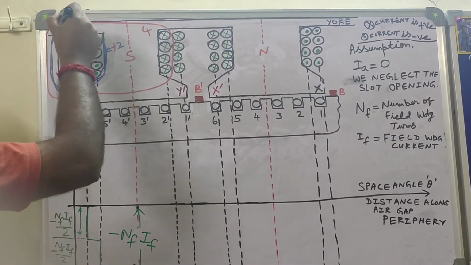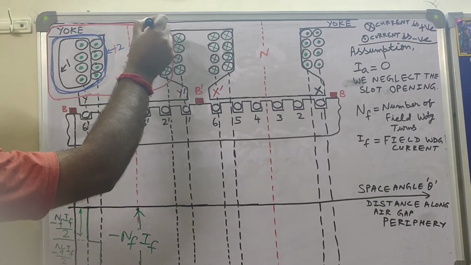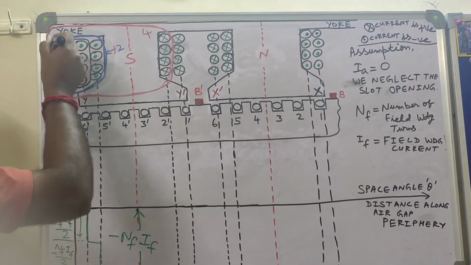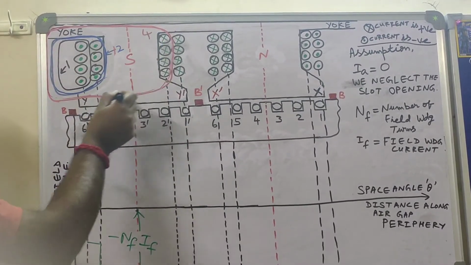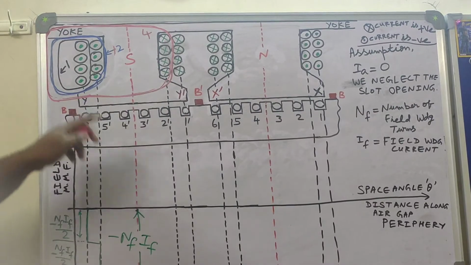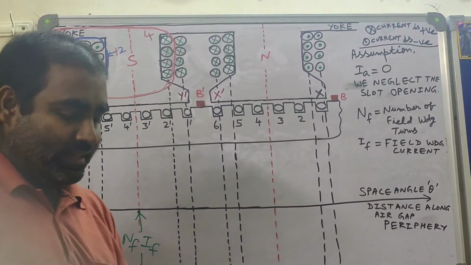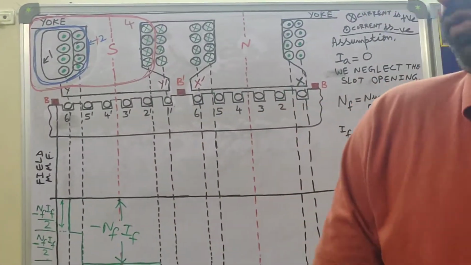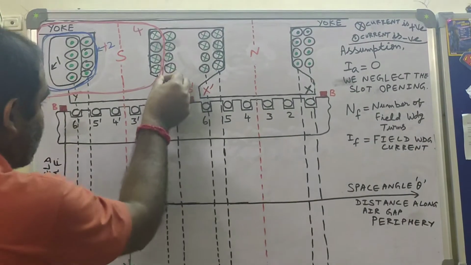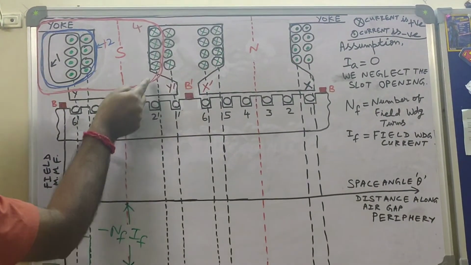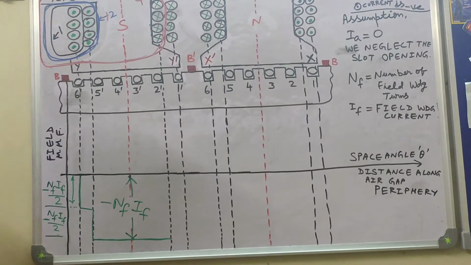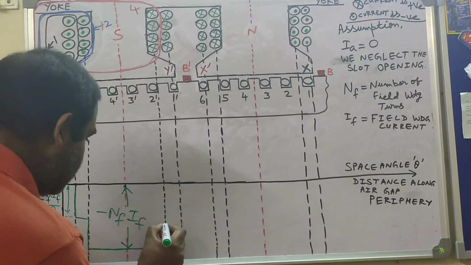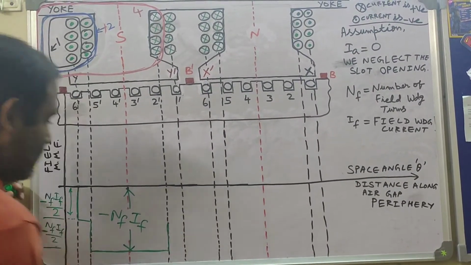Which path? Path number 4. What is path number 4? Path number 4 is starting from here. It is moving like this along this marker pen. So this is our path number 4. So in path number 4, what is happening? Cross current is NF by 2, whereas dot current is NF. So what is the net current? Dot is negative, cross is positive. So net current is minus NF by 2. So that means along this dotted line, current enclosed is minus NF IF by 2. So MMF will be like this, minus NF IF by 2.